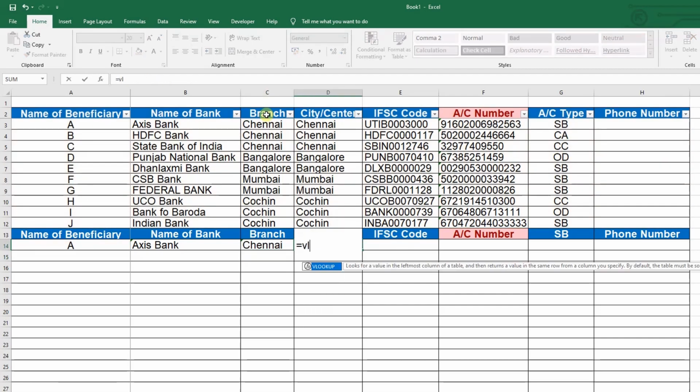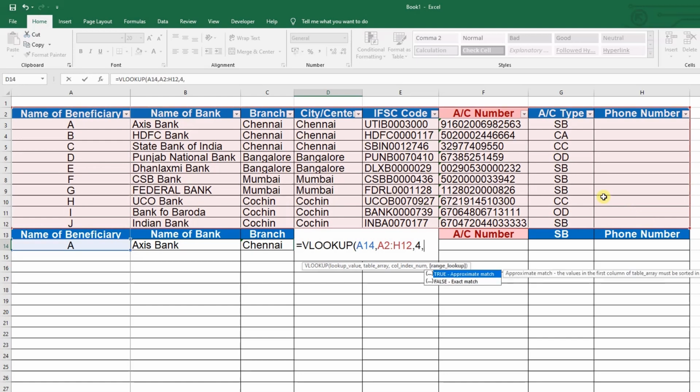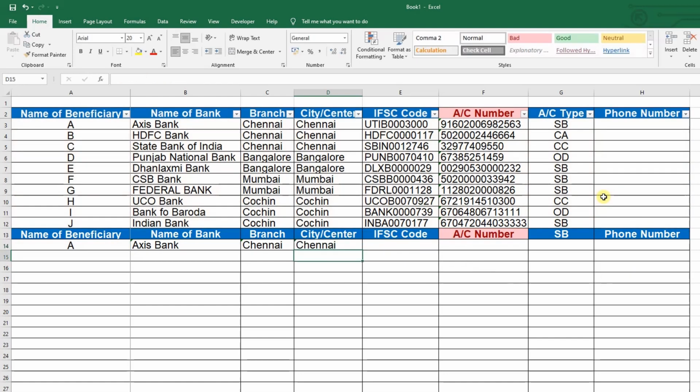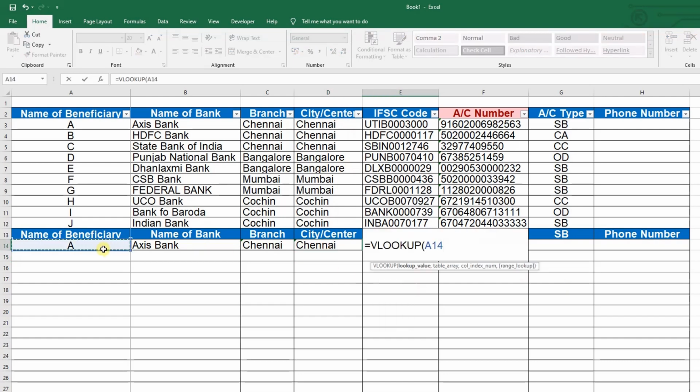Here also we can use the same function. Here the column number is 4. Again, the city, Chennai. The bank IFSC code: we look up Mr. A, select the table. Here the column number is 5.